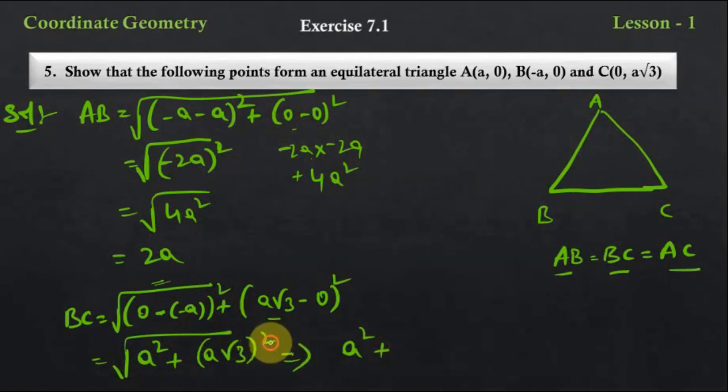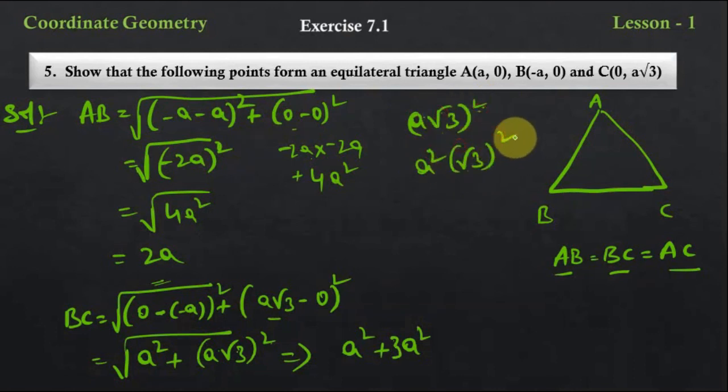Here what happens, the square belongs to this a as well as to this root 3. A square root 3 whole square means this root and square get cancelled, into 3. So only 3 will be there, isn't it? See here, I'll explain it clearly. A root 3 whole square is there now. So this square belongs to this a square, and also to this root 3 square. So this square and root get cancelled. So a square into 3 is 3a square. Okay. In this way we will get this 3a square under root.